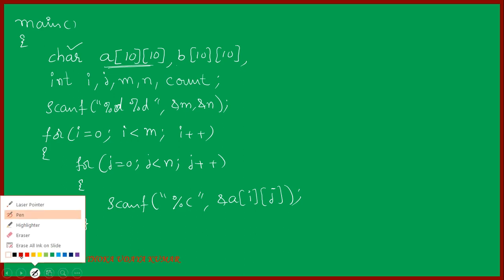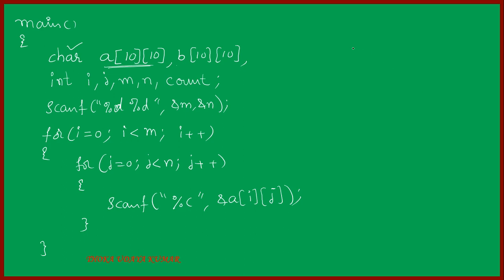Okay, let me write something here. So here we are going to input like this. How could we give input here? See, these black characters written are not a part of the program. For your understanding, I am doing some rough work here. So what are we supposed to input here? Here we have to input either star or minus. So for grid A, and for m and n you have to input integer values. Let me give 4 for m and 4 for n. Now it is representing m and it is representing n.